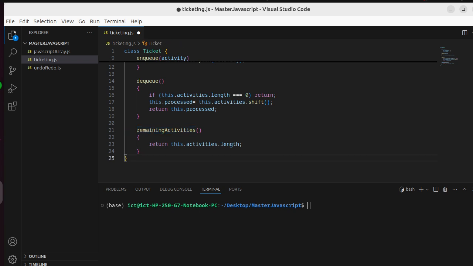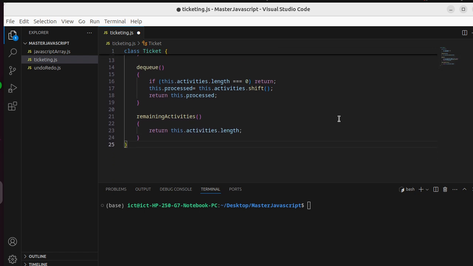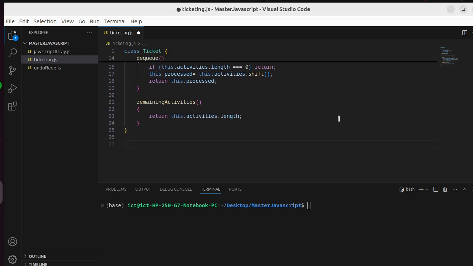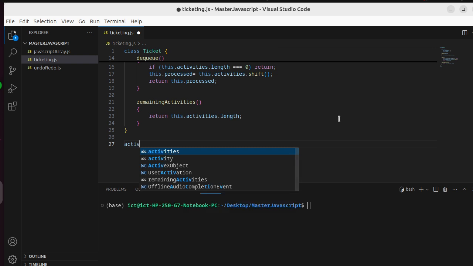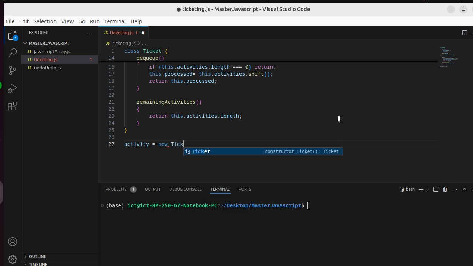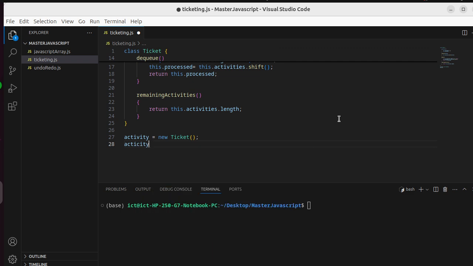So once you are done, this is our class. You can see it there. Very nice class. Now let's declare an instance of the activity. I'll call it activity, and of course I will call it new. I will call it the new ticket. So we will come and book a new ticket. So the activity that we need to have at this time, we can say activity